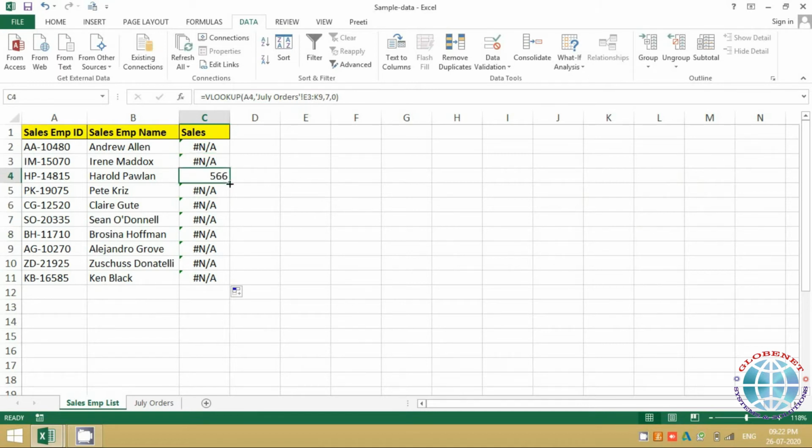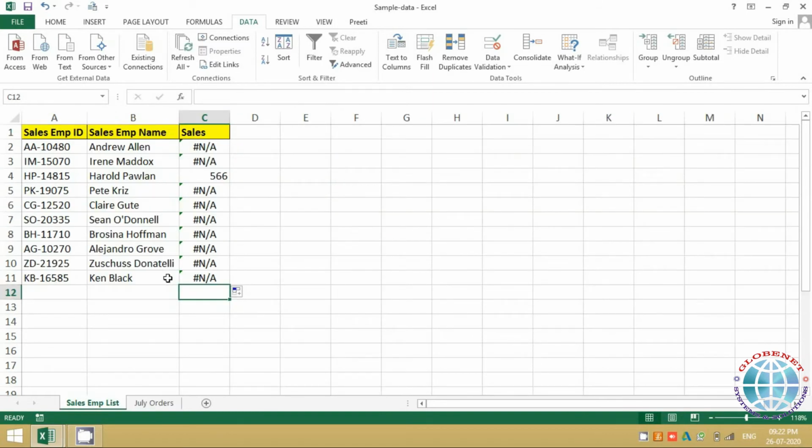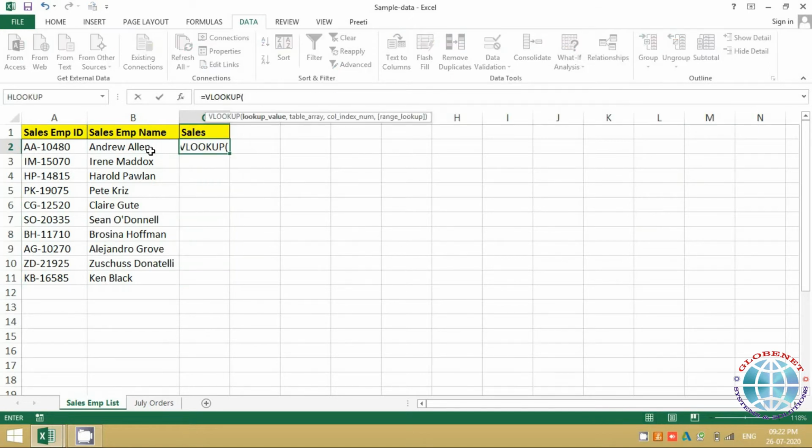Now by chance you got a value here, but actually if you notice, your formula is wrong, because you can clearly see over here that there are 6 employees who have done sales out of my 11 employees, 10 employees, and I'm just getting a value for 1. So there is some mismatch here, and the reason, as I explained right now, is the references. So for that, always remember to freeze your selections.